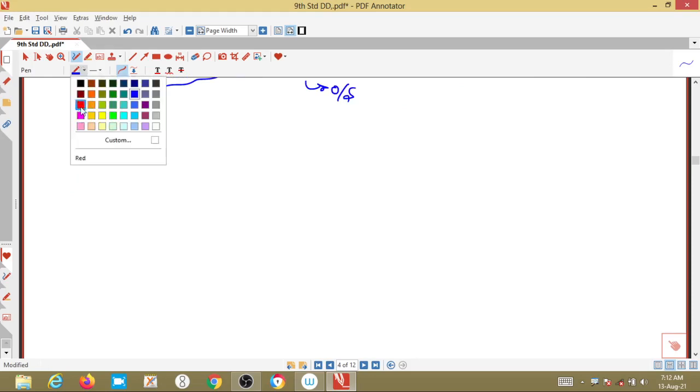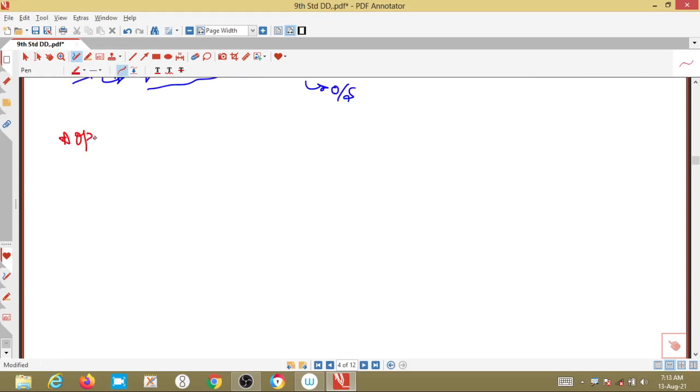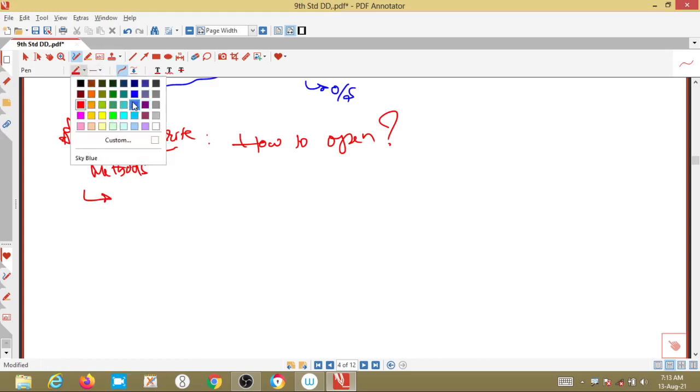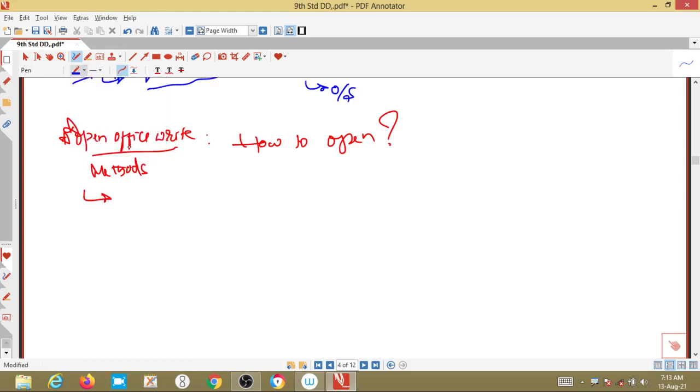Now, how to open this Open Office Writer? Important next. This is Apache Open Office Writer, right? How to open it? There are different methods to open it, depending upon our operating system.